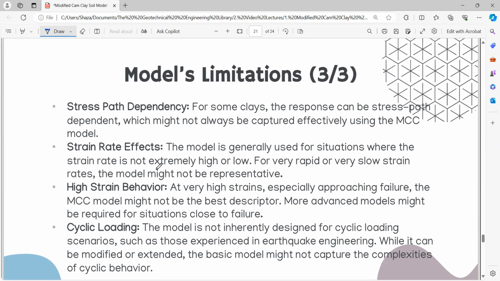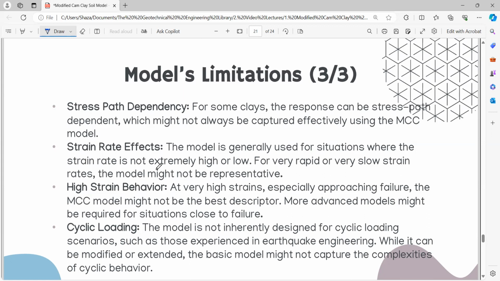And finally, the cyclic loading, mainly in the case of earthquakes, for example. This model is not designed to capture such scenarios of cyclic loading. So, as I said before, understanding the limitations of any soil model is very important to avoid these limitations,